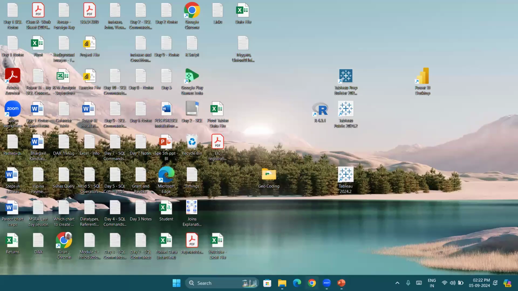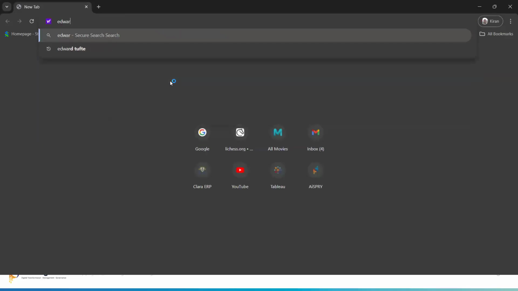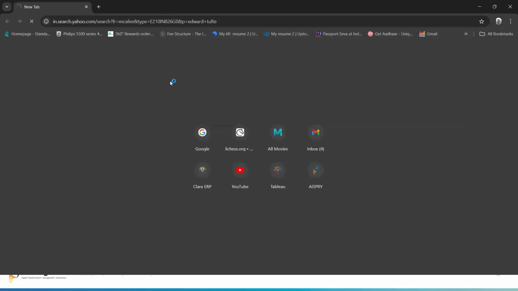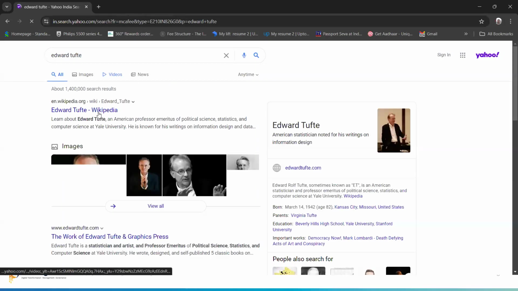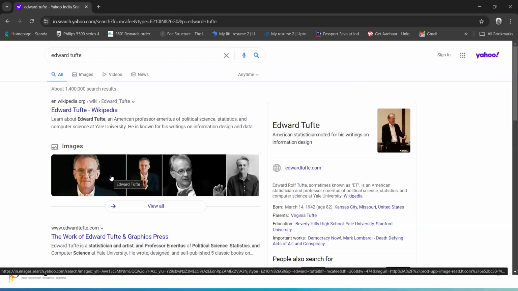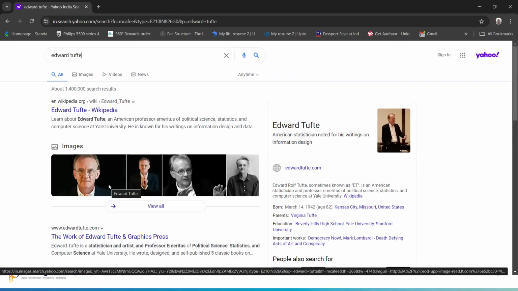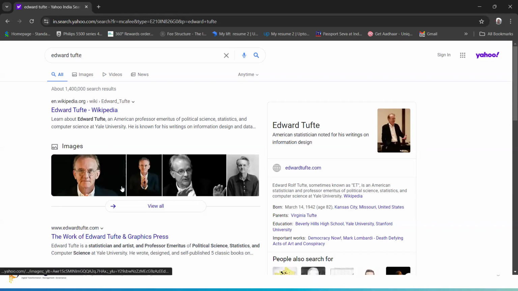The person who laid down all of these principles is called Mr. Edward Tufte. He is considered to be the father of data visualization principles. He has done tremendous work in the field of data visualization, and he still to this date continues to do it. He's the one who set up these principles and laid down the rules and the goals of data visualization. So I think we owe a lot to this person, Mr. Edward Tufte.